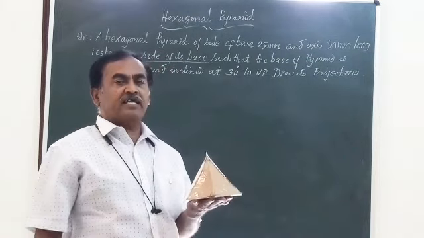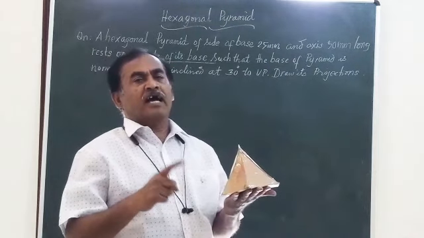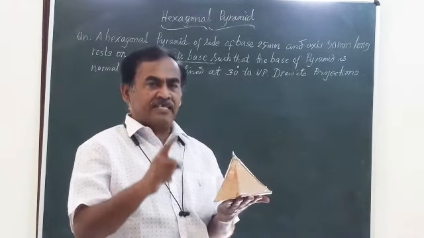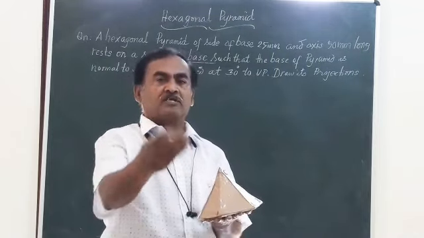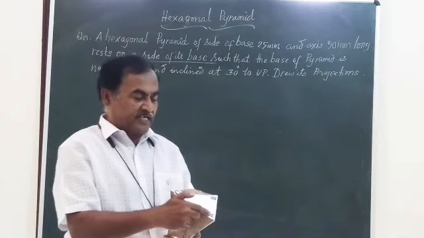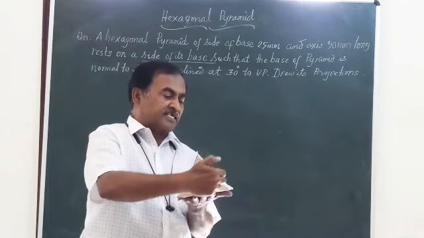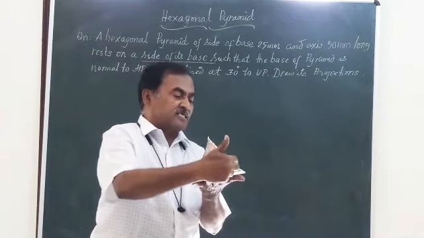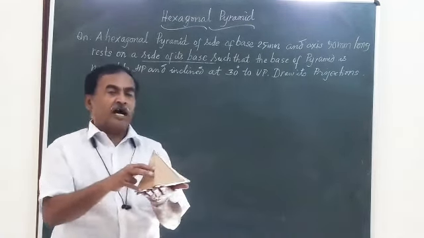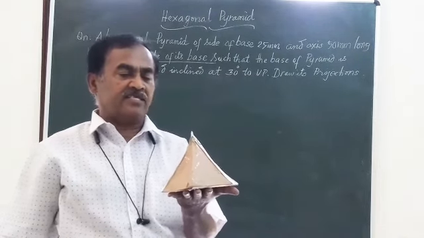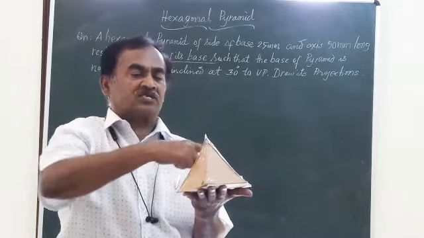So initially what is to be done? I have briefed you in the previous sessions that whenever this solid has to rest on one of its base edges, that base edge should come to the right side of the observer. You are all the observers, and here I am taking AB as one of the sides of the base that should be kept such that it comes to your right side, and this side AB is normal to VP or normal to the board. And after placing the object like this, we are going to view from the top to obtain the top view of the solid.